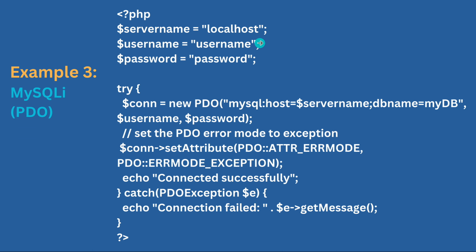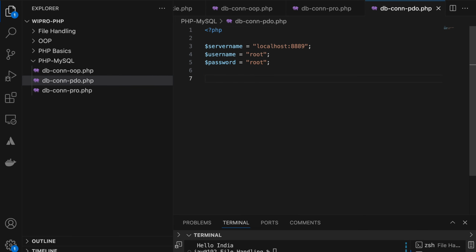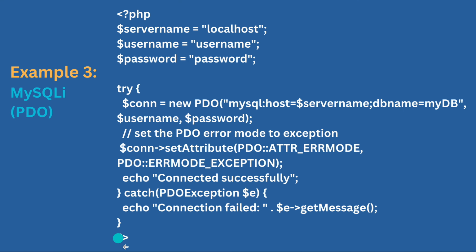You will also have this information. Server information will be the same now. What is new here? Here is a try catch block. If you are using PDO, it first tries to connect with PDO. So here, the host server name, the DB you want to connect, username, password, right?